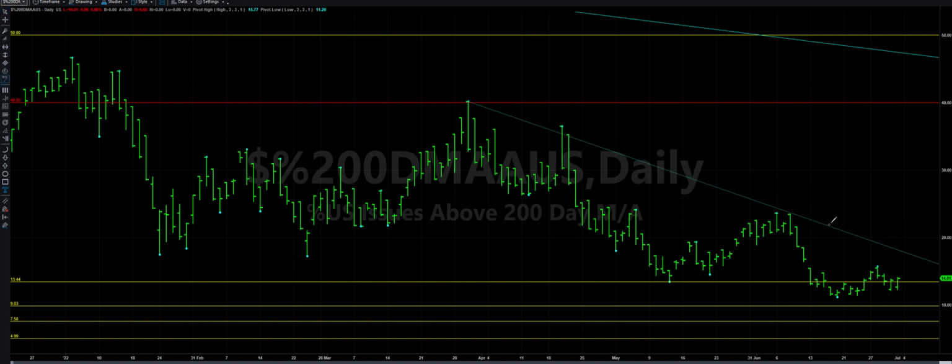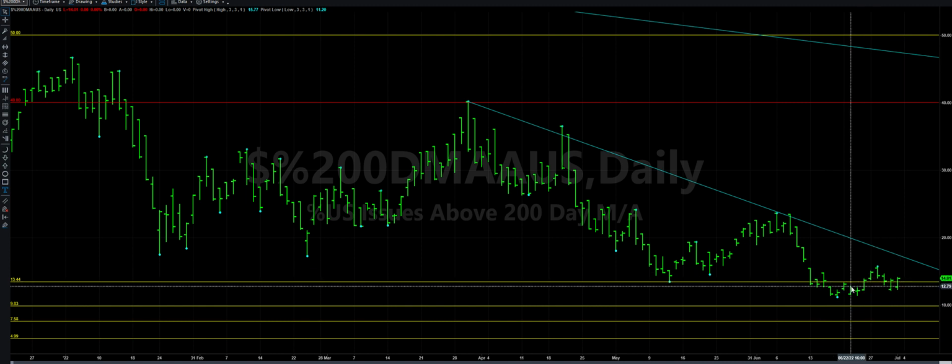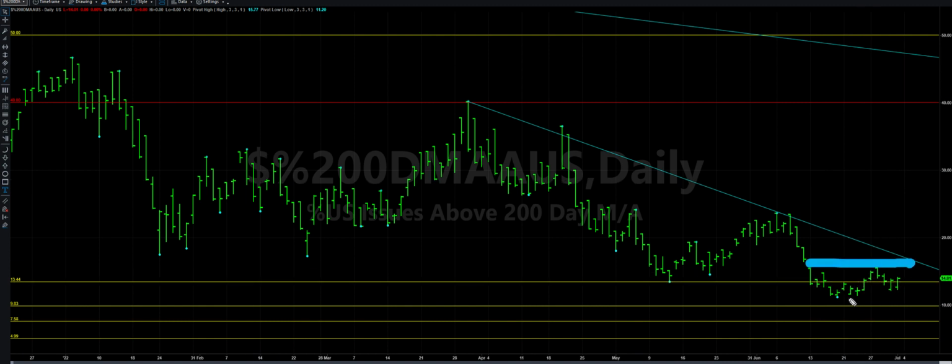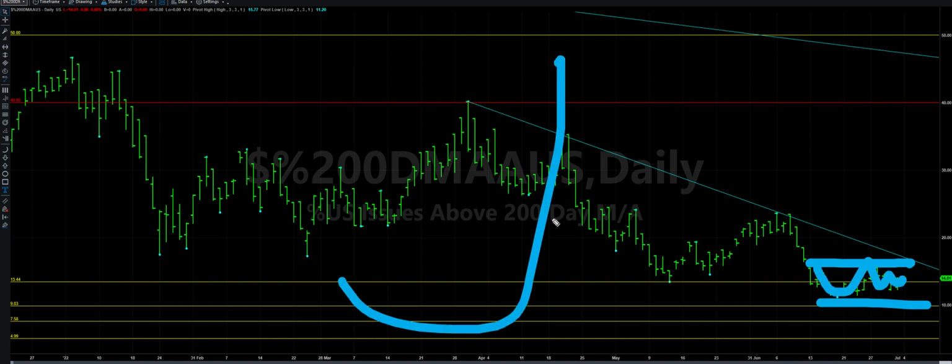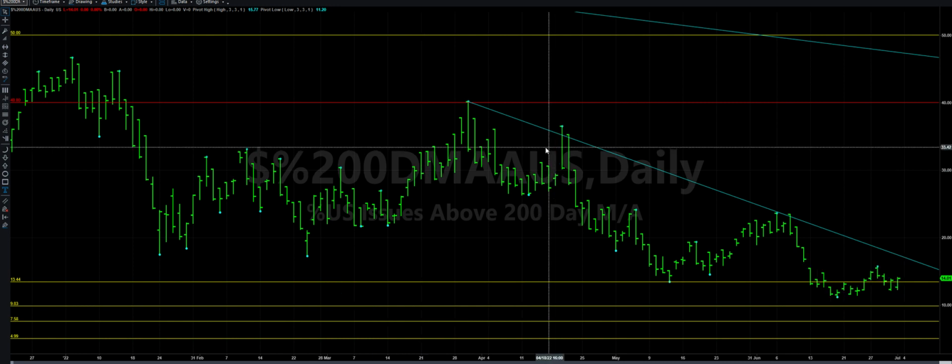And you see that breadth has been moving sideways? Look at how the breadth been moving sideways, okay? There's not a lot of traction. You see, it's sideways consolidation. There's not a lot going on. It's not a whole lot of stocks that's breaking out and trying to get above its 200-day and 50-day moving average for the total U.S. market. So there's no need to fear, to have FOMO, fear of missing out, because if this rally is going